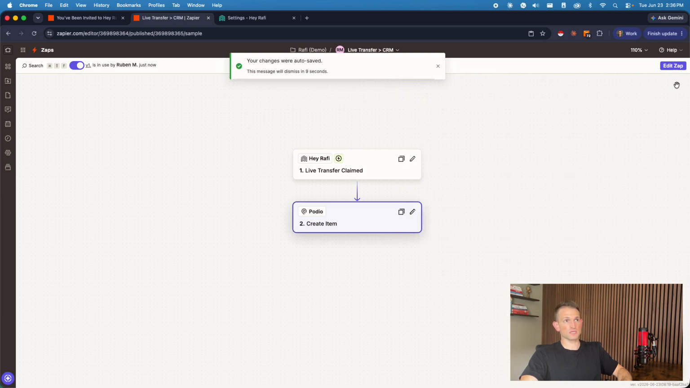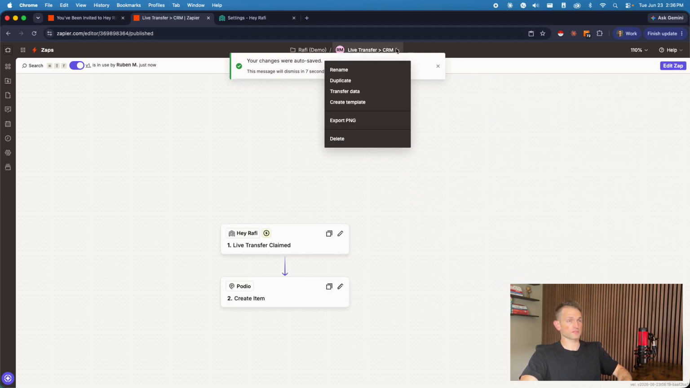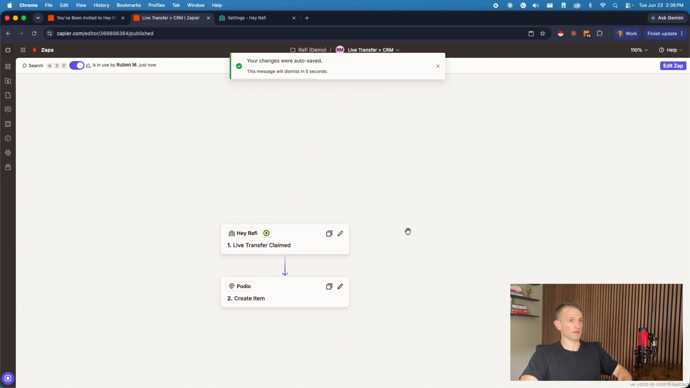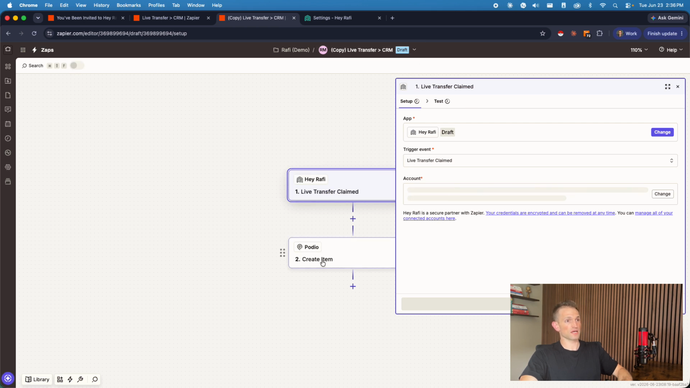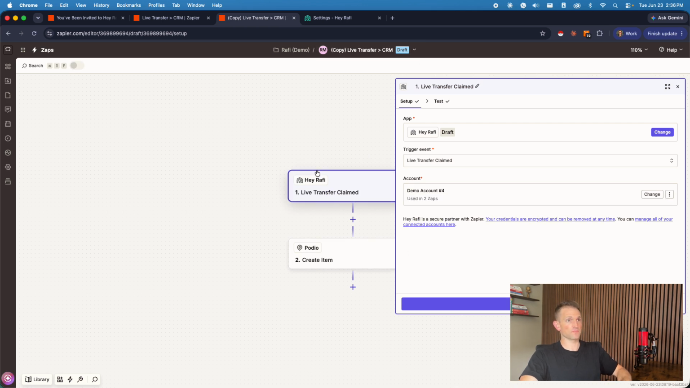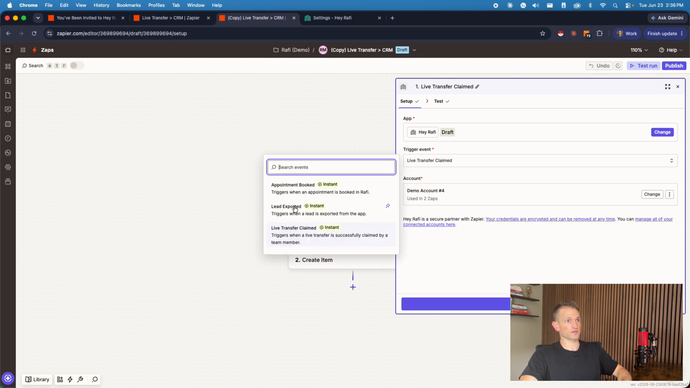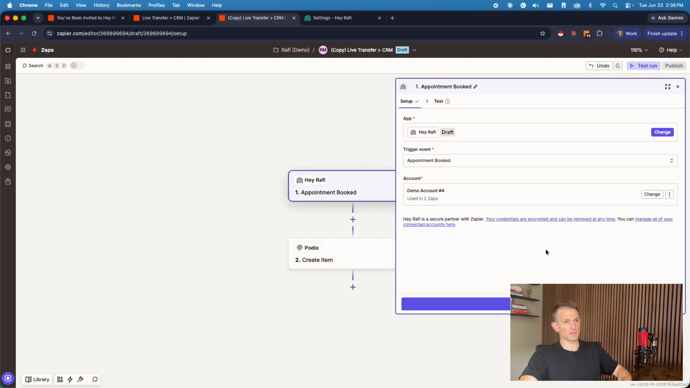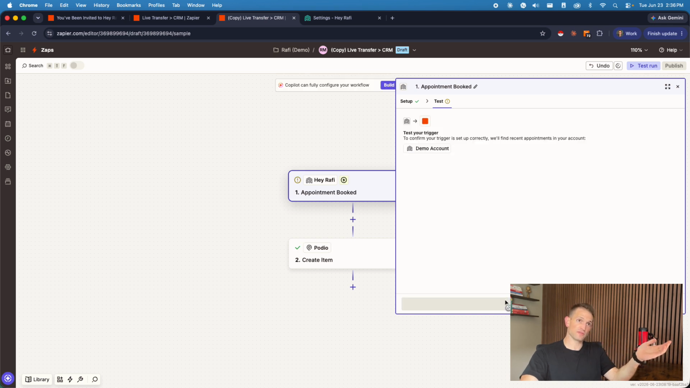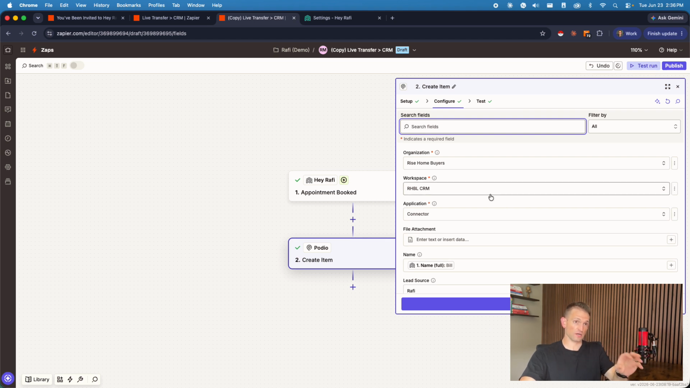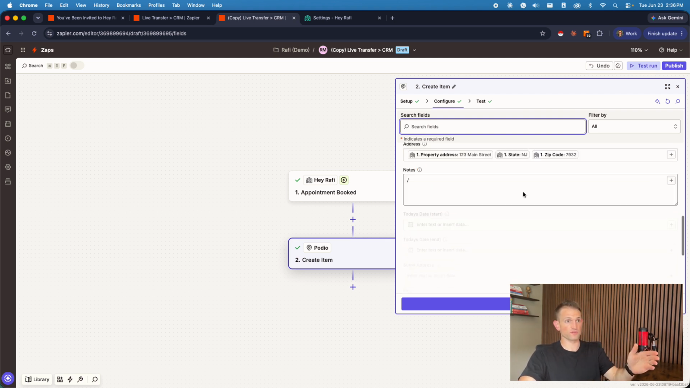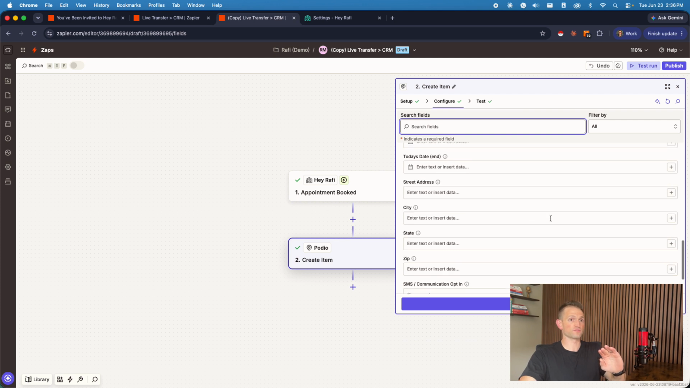Now, to keep things easy, I'm going to come back up here to the top and I'm going to duplicate that record, or this Zap. And I can keep more or less everything the same, because I want to come down here to live transfer and I want to change this to booked appointment. Now, I could keep everything exactly the same as I'd like, but I may want to add a little bit different record indicating in the CRM how things are coming from Rafi. For example, this one's a booked appointment, not a live transfer, so